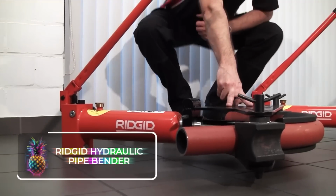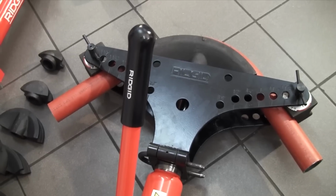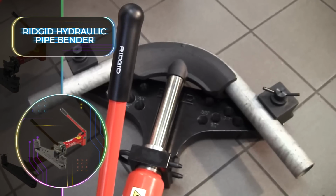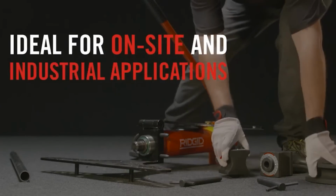RIDGID Hydraulic Pipe Bender. When in need of a pipe bender, you can't do much better than the RIDGID Hydraulic Pipe Bender. The great news is that this manufacturer has a plethora of options when it comes to pipe benders, offering both manual, electric and electro-hydraulic options. These compact portable pipe benders can be used for on-site pipe bending, but this is not the limit of their